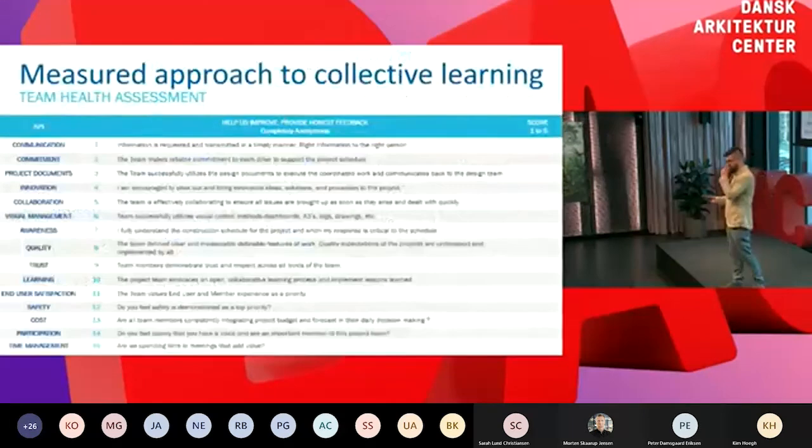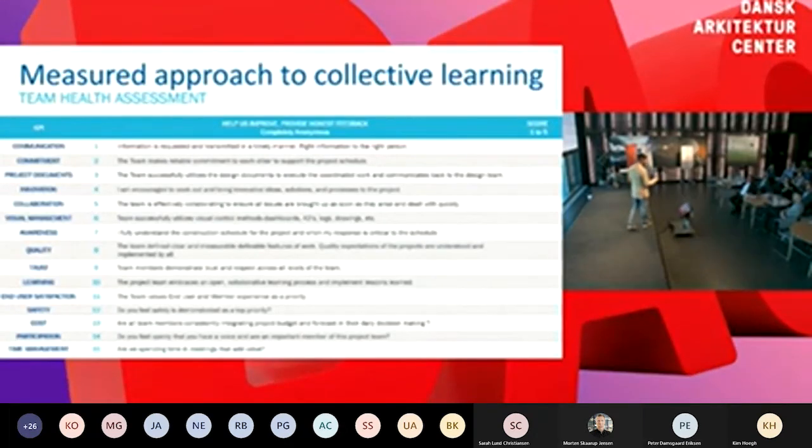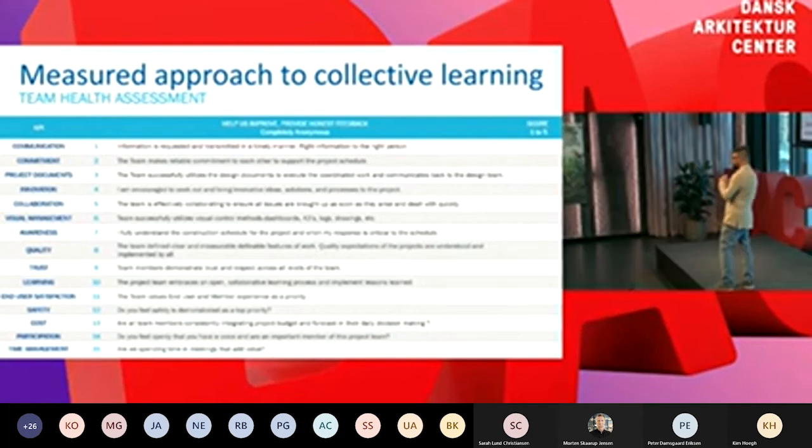So here's our team health check survey. This is the first one that we had at DPR. We've now been using it on a couple different projects, not only IFOA projects, but we listed our conditions of satisfaction and our KPIs. We sat in a room, in the big room, put all the KPIs that we thought were important, marked them with stickers, put them on the board, and then gave them